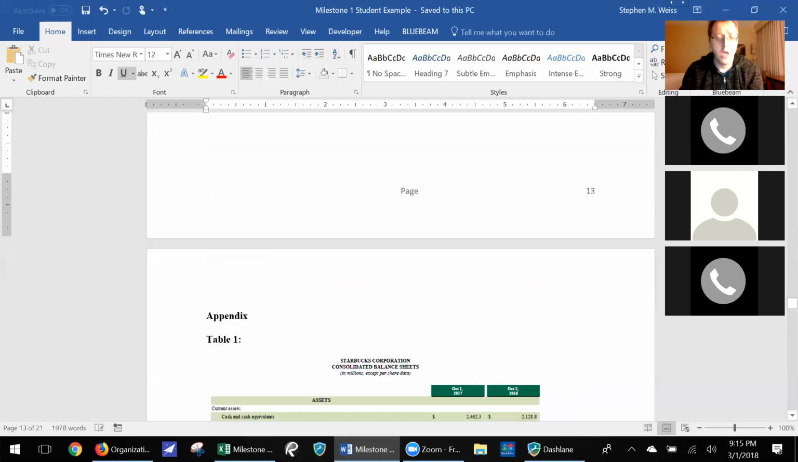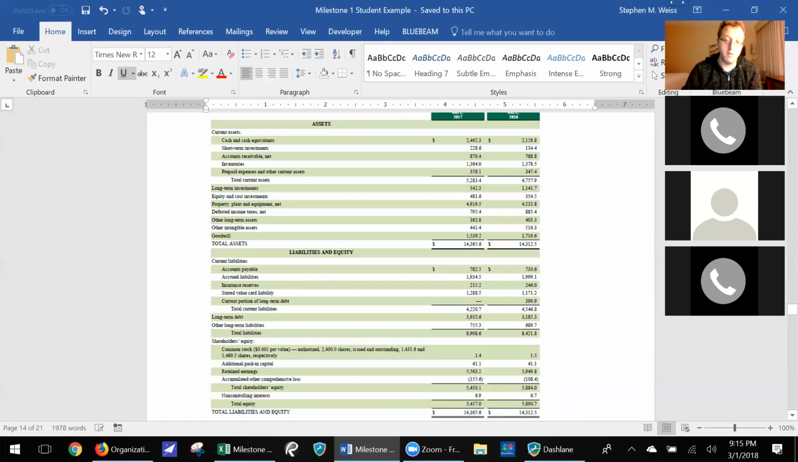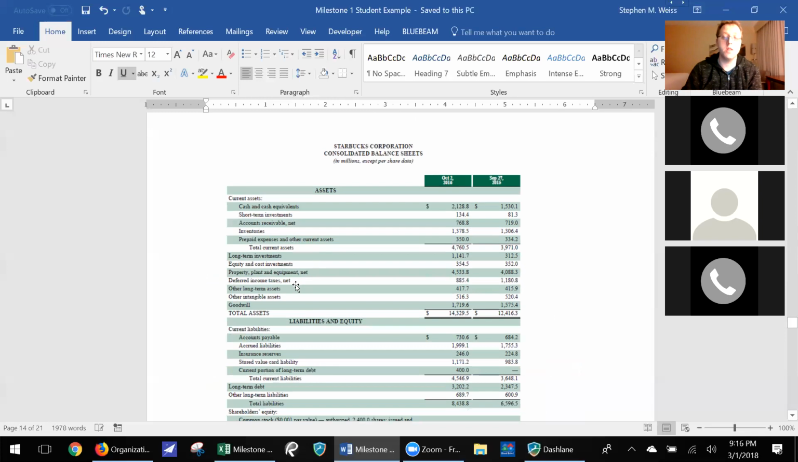All right, and then in the appendix section, she just copied basically the statements. She copied her analysis piece all the way down. So I want to see the calculations not only within the appendix section, but also within tables in the body of the paper. Okay, so let's go down to